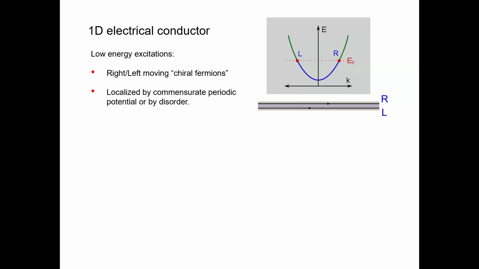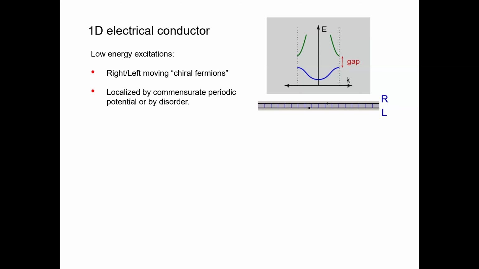A related thing you could do is, even if you don't have disorder, if you had a weak periodic potential that was commensurate with the electrons, that would also open up an energy gap and turn the metal into an insulator. This is what happened with the Peierls instability in polyacetylene. So the question is, is there any way that you could keep this from happening? What I want to show you is that there's a way we can split these chiral Dirac fermions apart from each other, in kind of the same way we did it in polyacetylene.